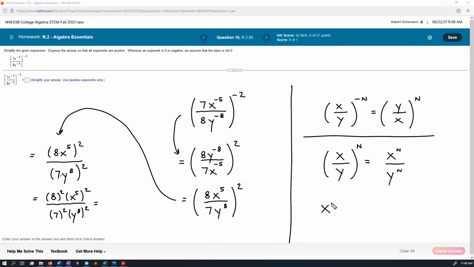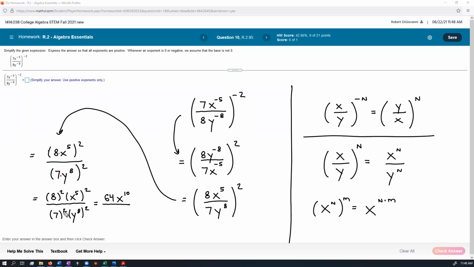If you have x to a power, and then you take all of that and raise that to another power, what you do is you multiply the powers. So you multiply these two numbers together. Let me do this. 8 squared is 8 times 8, that's 64. And then x to the 5th squared, I multiply 5 times 2, I get 10. So x to the 10